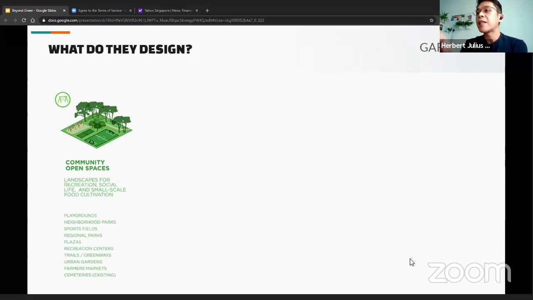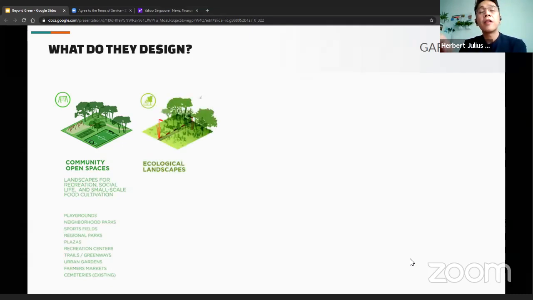But I said it's just a slice of what we as designers look into, because we are also very much in touch with ecological landscapes, and these are everything that concerns nature parks, industrial nature, reforestation, successional roads and rivers.